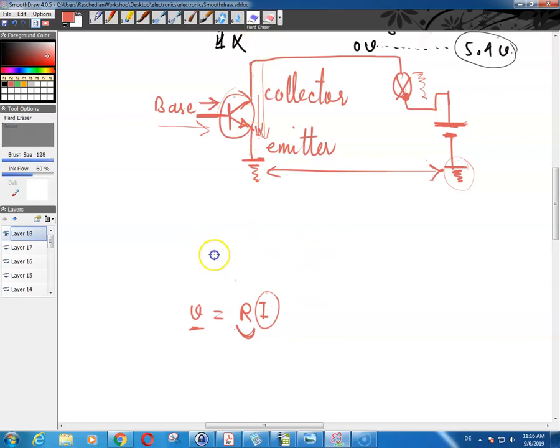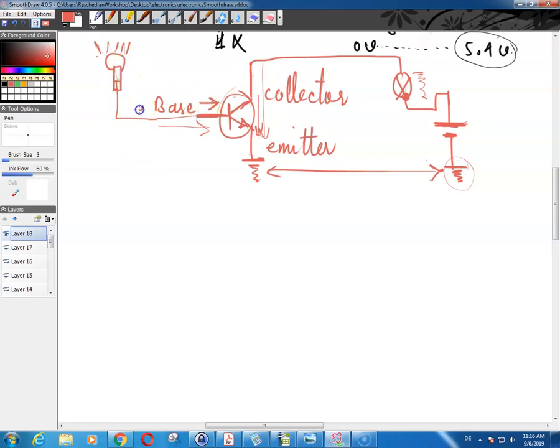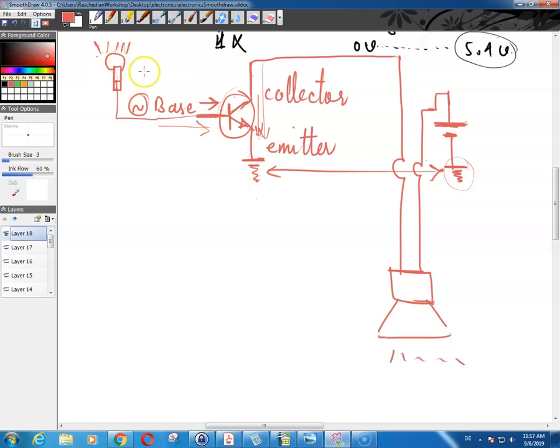Now suppose that, for example, you connect this to some microphone, and some signal is coming from your microphone to the base. Depending on the signal coming in from the microphone, this transistor keeps turning on and off really fast, and based on that, you can control the current going through this collector-emitter junction. Then you can simply connect this part over here to a speaker. And depending on the input sound that you speak into the microphone, there is some output sound at the speaker,